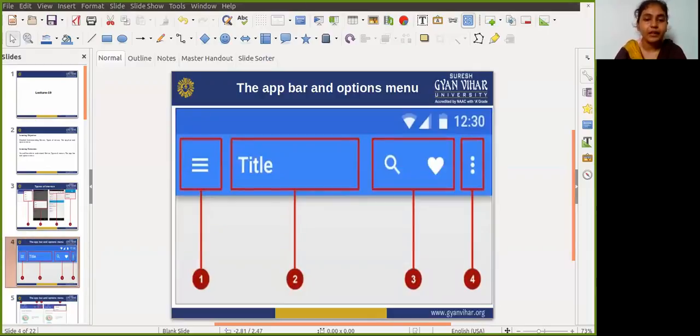Next is the app bar and option menu. The app bar, also called the action bar, is a dedicated space at the top of each activity screen. So when you create an activity from a template, an app bar is automatically included for the activity in the coordinator layout root view group at the top of the view hierarchy. The app bar by default shows the app title or the name defined in the AndroidManifest.xml by the android:label attribute for the activity.